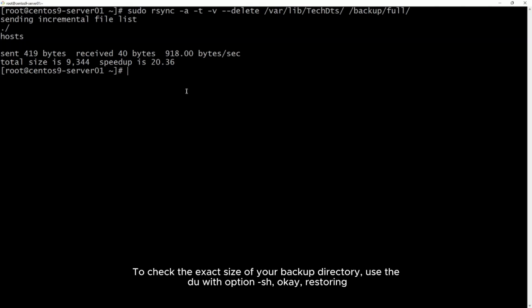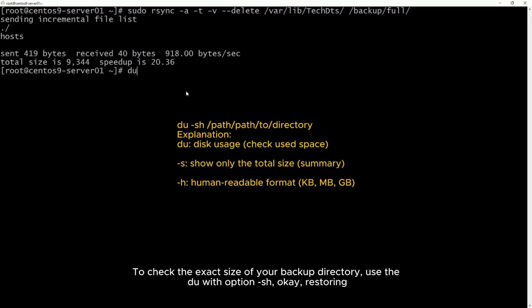To check the exact size of the backup directory, use the du command with option -sh.